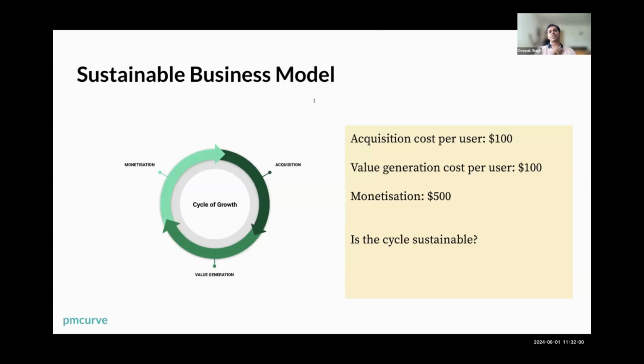So Ranjit has this question: how are we able to monetize more than the value generation? So Ranjit, you can monetize more than value generation. First of all, the clarification is that it's the cost of value generation, not the value of value generation, right? So the cost of value generation can be lower than what you charge. For example, the cost of creating a course for me could be a month, but I can get 100 people at X amount of money. And that is more than what I can make in a month as an opportunity cost.